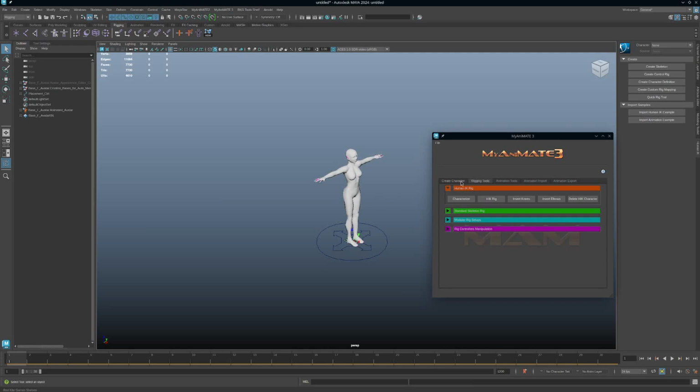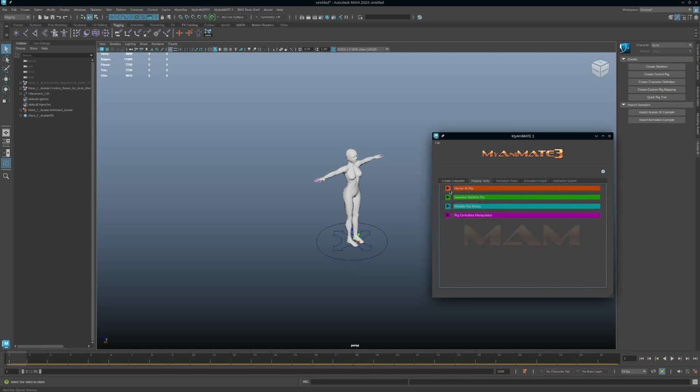So after we have created our character, and I would strongly advise to always use the reference method, because that will also give you the opportunity to create more than one avatar and bring them into the same scene. We're going to make it work with something to animate with. So this tab here is split into four different sections for four different things that we can do,